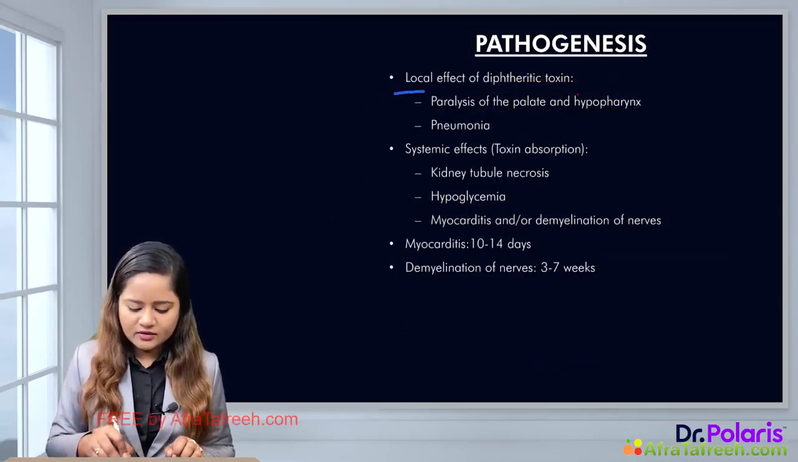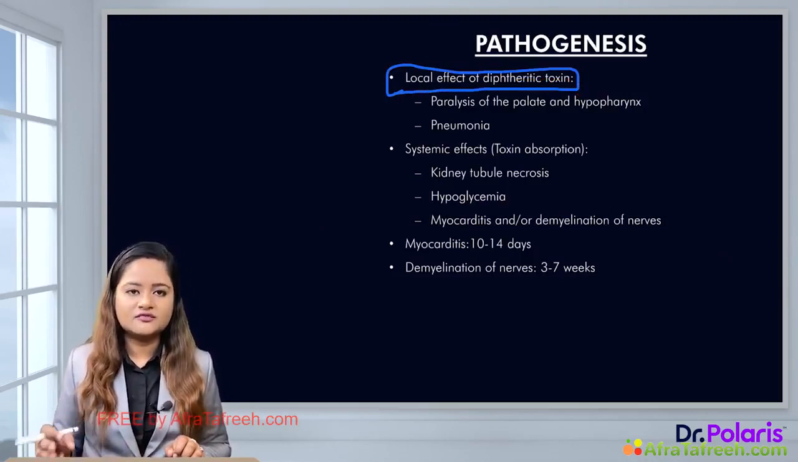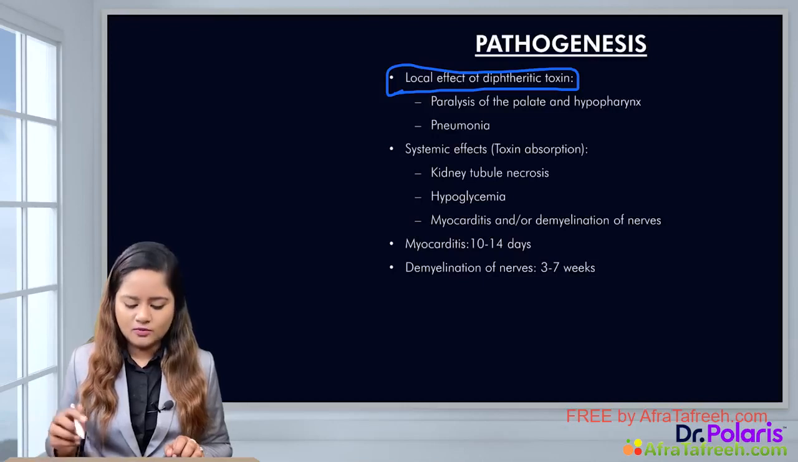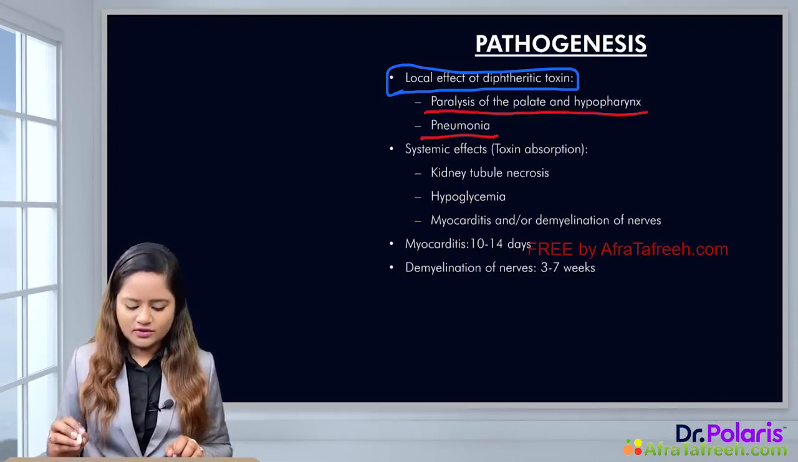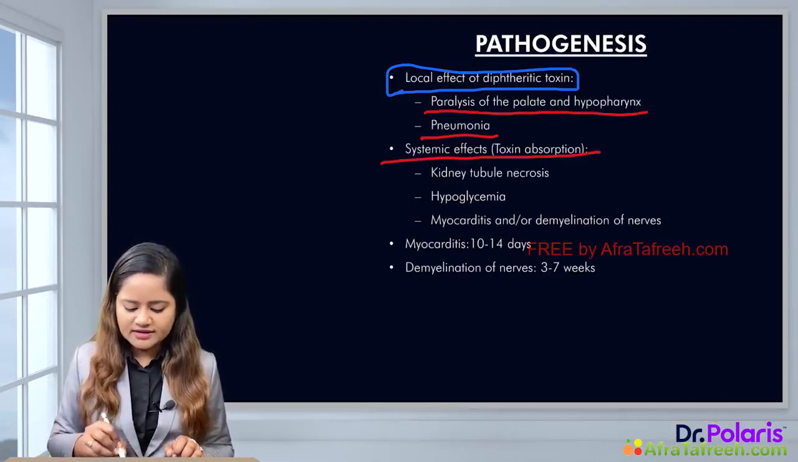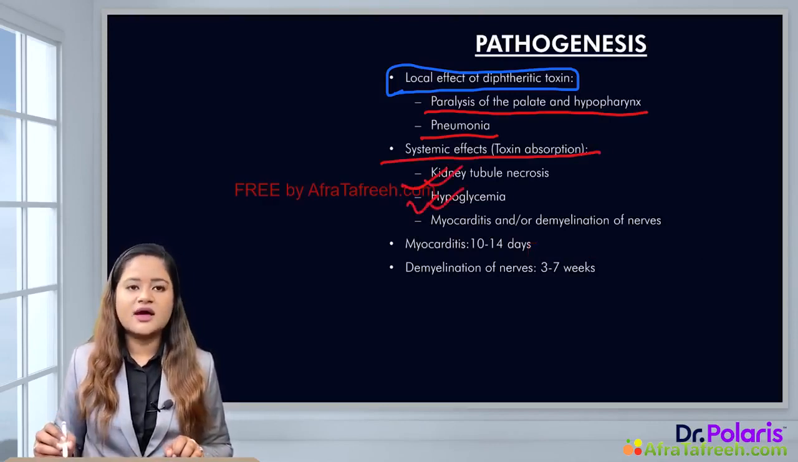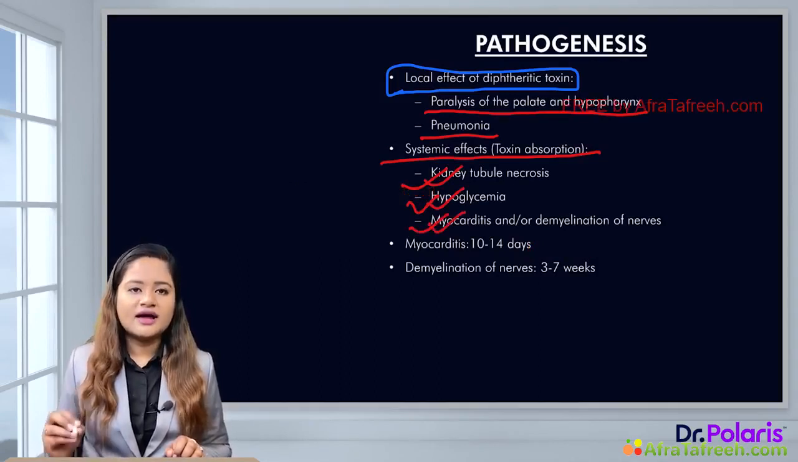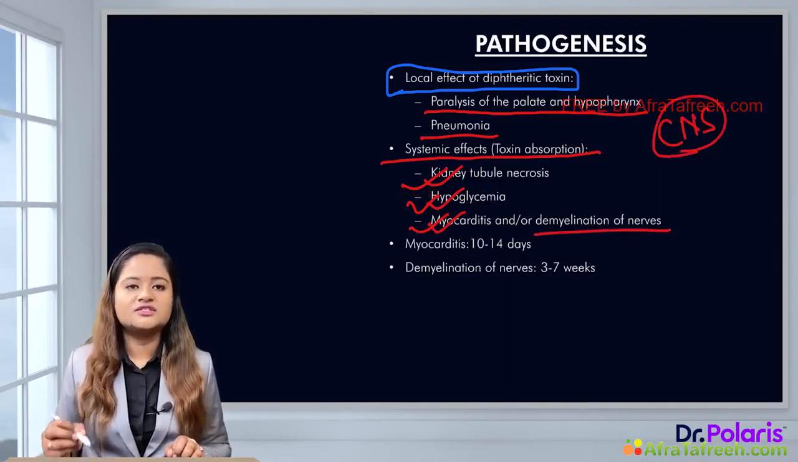Now, apart from that, the local effects of a diphtheric toxin. So, once the toxin is formed, it can get released from that local tissue area after causing tissue necrosis, and it spreads in the whole body. It causes paralysis of the palate and also the hypopharynx. It can result into the onset of a pneumonia. The systemic effects could be, it can go and damage the kidney tubule causing necrosis. It can result into hypoglycemia. It can damage the heart causing myocarditis. And the most bad effect is on the central nervous system, where it causes demyelination of the nerves resulting into